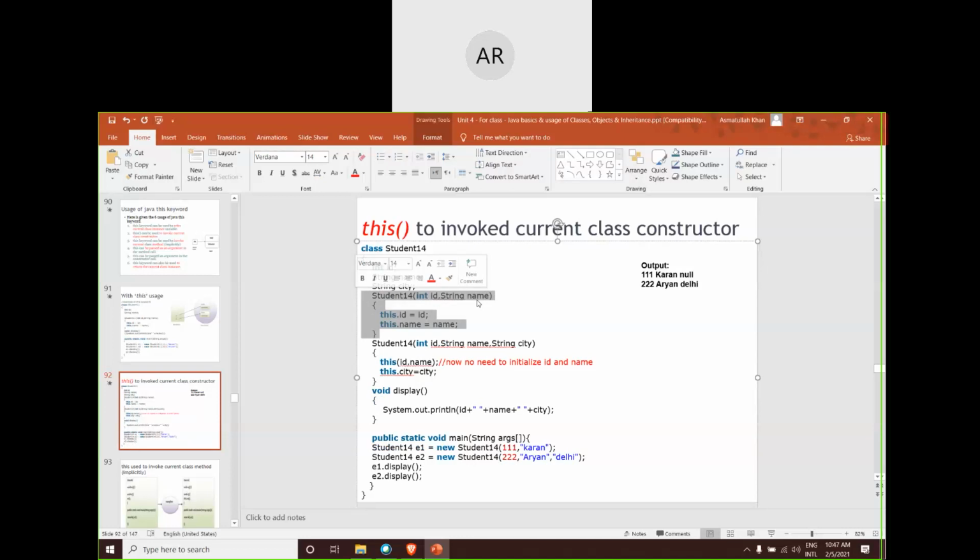Okay? Like for example, your student PIN number and student name are very important for me. But where do you stay? What is the city in which you are staying is not so important for me. So I will not concentrate that much on it. So whenever a constructor is initializing values, for example, here the values are being initialized. In this case, I am not passing any third parameter. So I am not worried about the third parameter now. I will initialize these two variables.